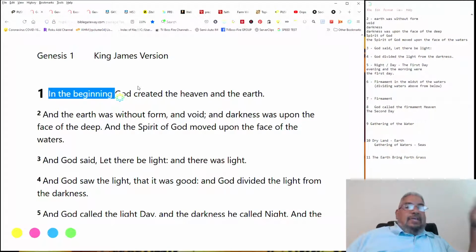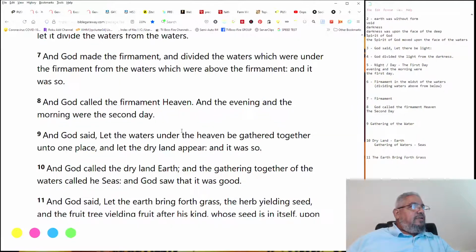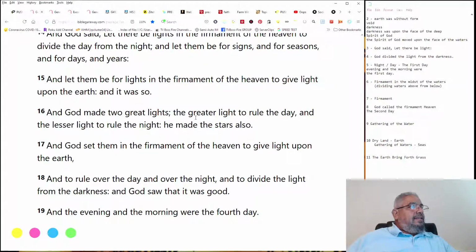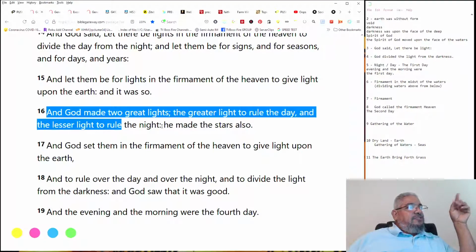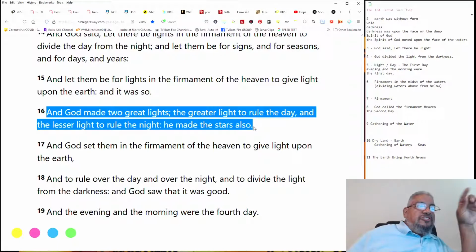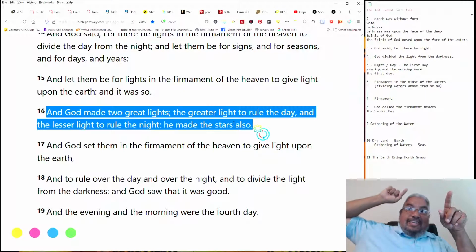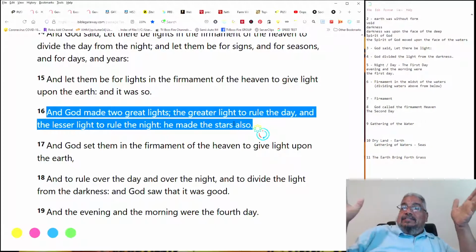See? It's before there was heaven and earth. There was nothing. Before there was heavens and earth. And we know that the heavens include, let's see here, in heaven, right? And so it includes what it says in 16. And God made two great lights, the greater light to rule the day and the lesser light to rule the night. He made the stars also. The stars are, as you know, there are suns, there are galaxies, because actually some of the stars you see, they're not stars, they're galaxies.